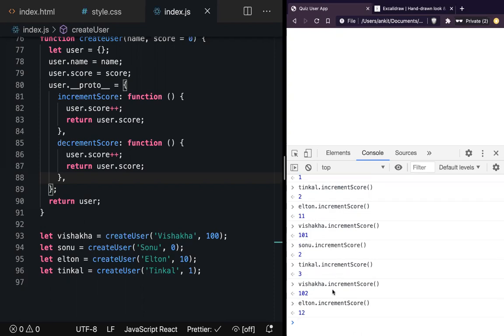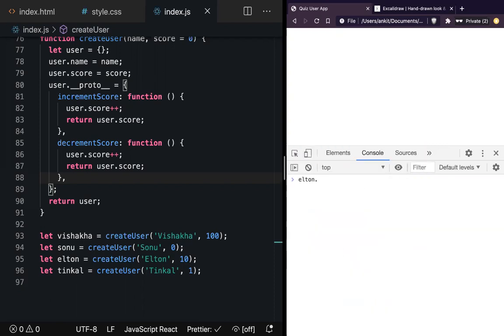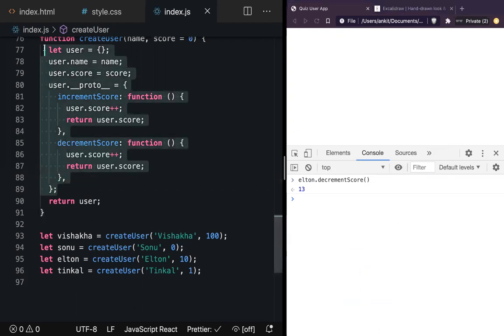So this is working properly for us. We can also go ahead and say Elton dot decrementScore, call this method, and this will work for us, because we are putting everything inside an object named user.